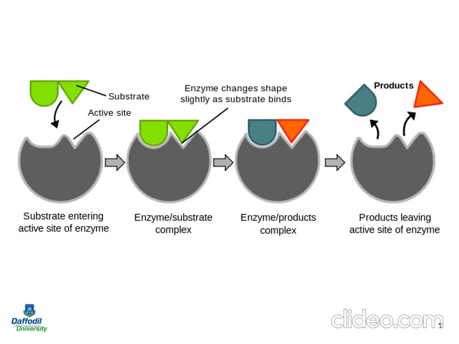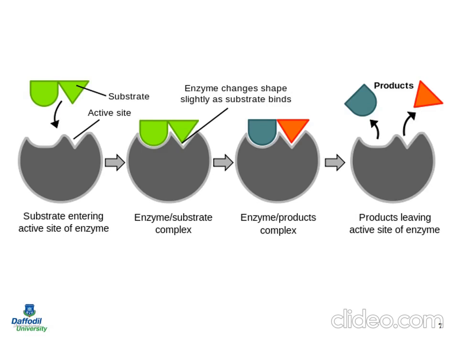Now how does an enzyme actually catalyze your reaction? If we consider an enzyme, which is shown here in the black part, you can see there is an active site here, and a substrate is coming to the active site. The substrate binds onto the active site based on their size and shape, and you can see the shape of the active site is almost the same as our substrate. Now if we consider that the substrate is not the same, then what will happen?